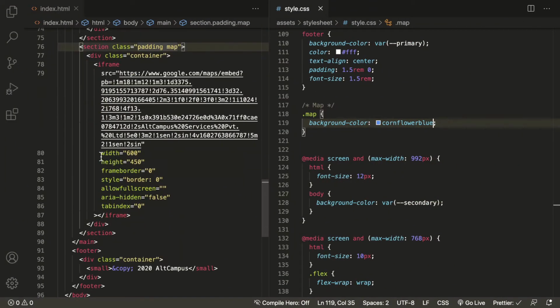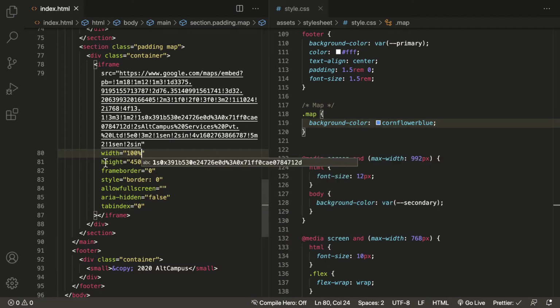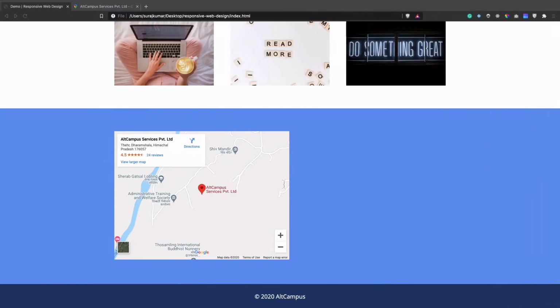To this iframe, they are already applied a width of 600 pixels and a height of 450 pixels. Obviously pixel is a hard unit, it won't be resized according to the size of the screen. So let's apply 100%. We can make the width flexible, but we cannot make the height flexible. So first of all let's check the width here.